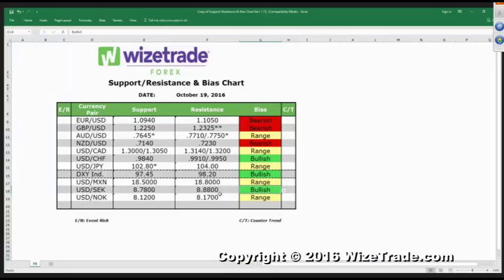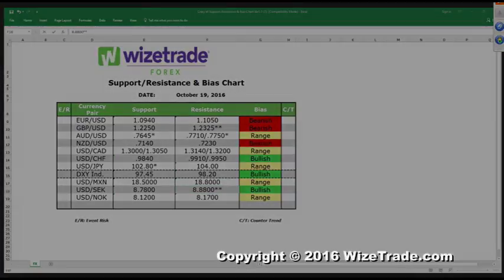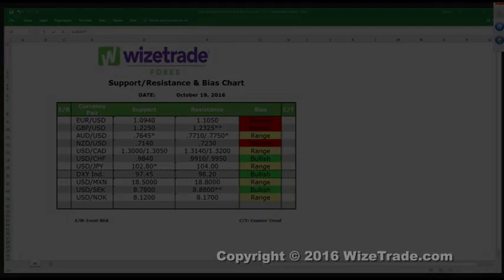I should put an asterisk here. If that happens, and you happen to be short the dollar, and the US dollar Swedish krona breaks out, you better be careful, because I tend to look at that as a leading indicator for the dollar. Okay, there is your bias chart. It is finished. And let me take some questions.